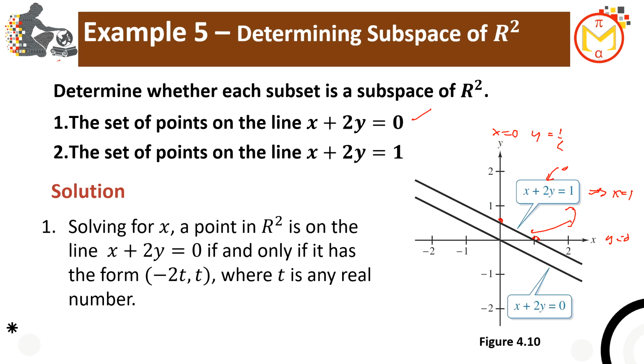Let's go first with the first equation, x plus 2y equal to 0. If we solve for x, we have x equal to negative 2y. Since we have one equation, for us to get the solution we let y equal t, a parameter, so that x is equal to negative 2t. That is the solution, where t is any real number. Let's move to the next solution.